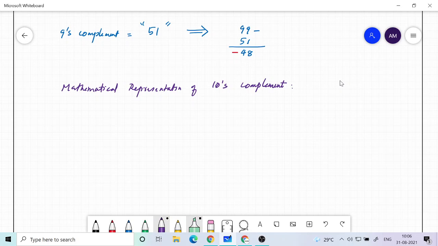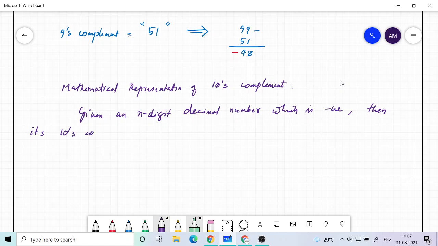So given an n-digit decimal number, a negative number, its 10's complement is